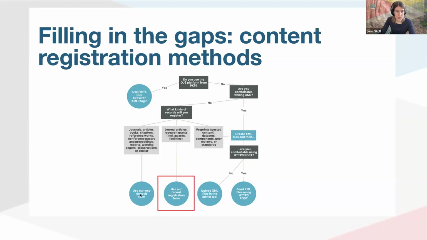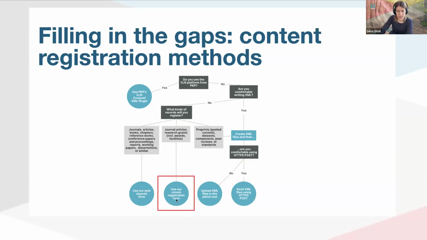I'm sure some of you are familiar with our trusty old web deposit form, which accepts metadata for a range of content types, including journal articles, but also books and conference papers and others. But our focus today, as indicated by this subtle red square, is our newest helper tool, which is a more modern record registration form.